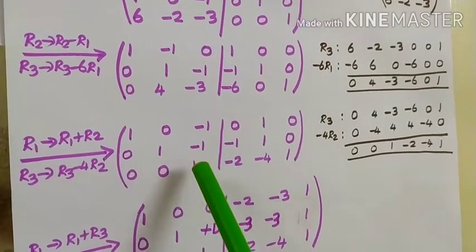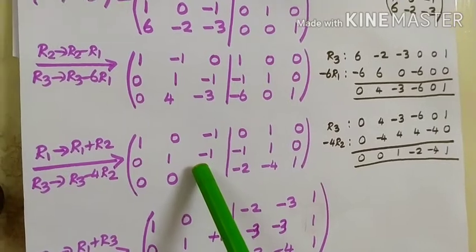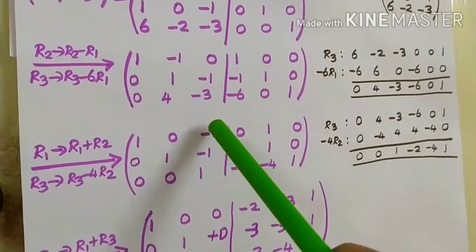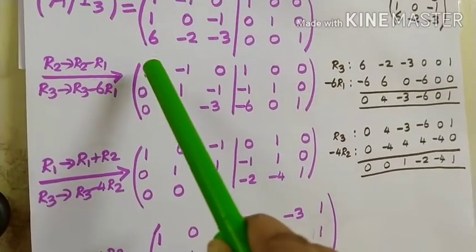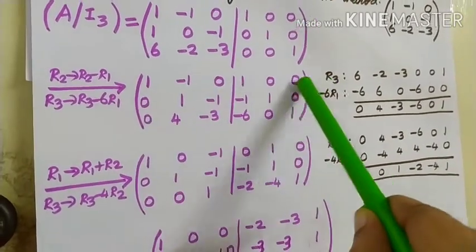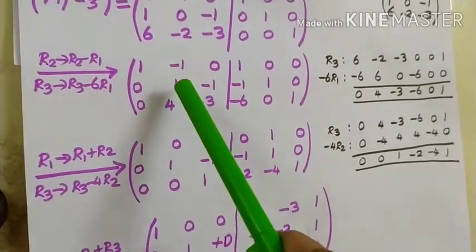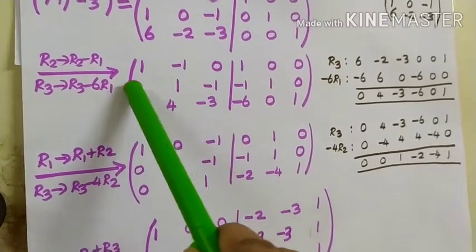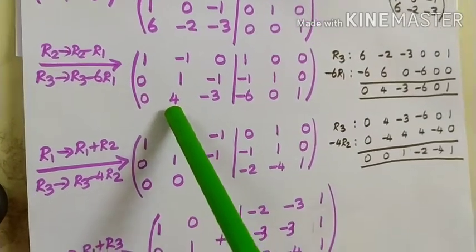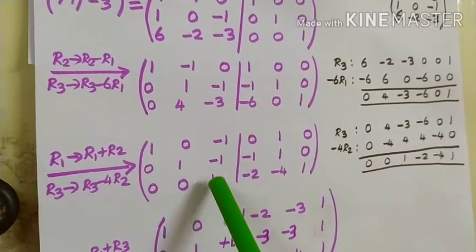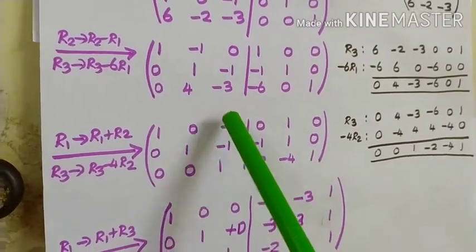Now I must bring about 1, 0, 0. Conveniently already 1 only is coming. So my next step will be to bring 0 and 0 here using R3. So we'll remember, first bring 1. Using first row, bring 0 and 0 here. My next step, bring 1 in the middle. Using second row, bring zeros in R1 and R3. My third step, bring 1 here. Using this R3, bring 0 and 0 in R1 and R2.